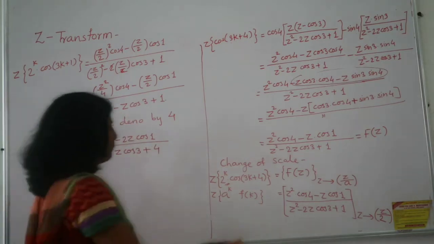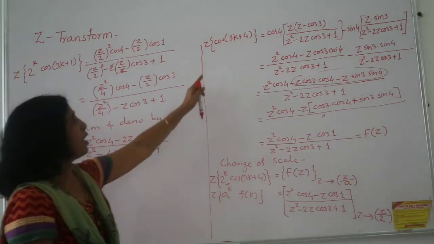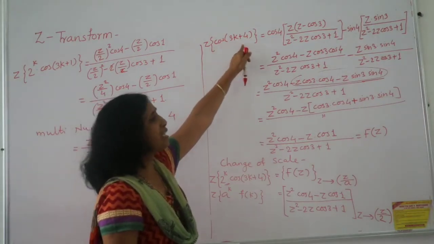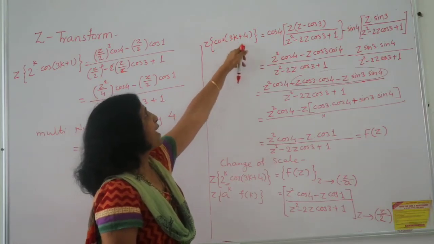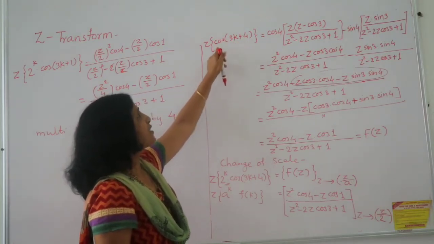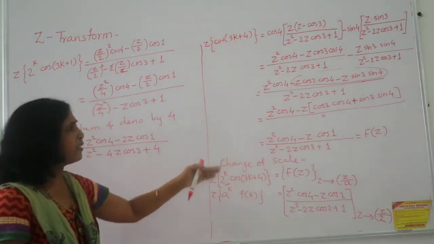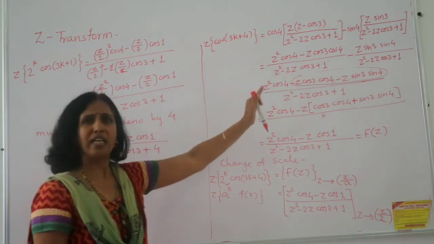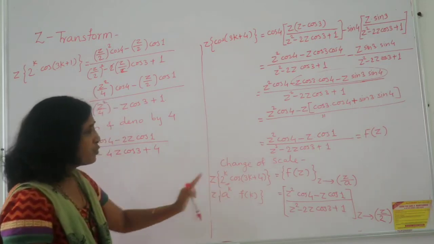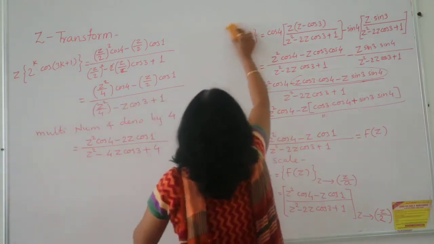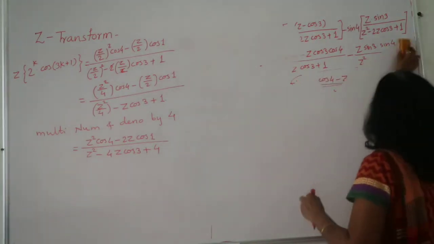So it is the first example where I have just taken this example with two purposes. You understood how to find out the z transform of cos 3k plus 4. See the process. Now the same process can be applied for minus also: cos 3k minus 4, sin 3k plus 4, sin 3k minus 4. You can try using this method. Same formulas, sin and cos, are applied, only the signs will keep on changing, plus or minus. And here I introduced you to the change of scale property. Right? Now we will go with another example of another property.